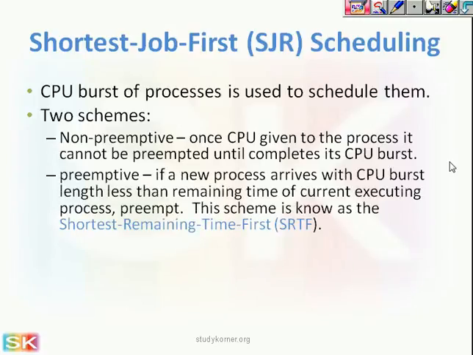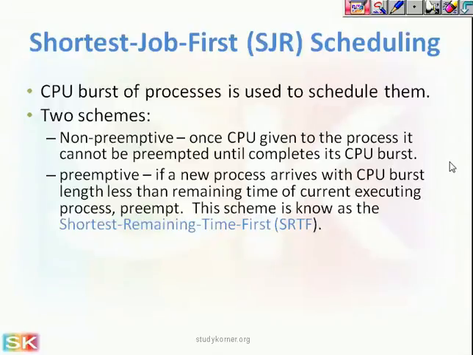Another scheme is preemptive. If a new process arrives with a CPU burst length less than the remaining time of the currently executing process, preempt it, right? So this scheme is also known as shortest remaining time first. So SRTF is equal to SJF plus preemption,